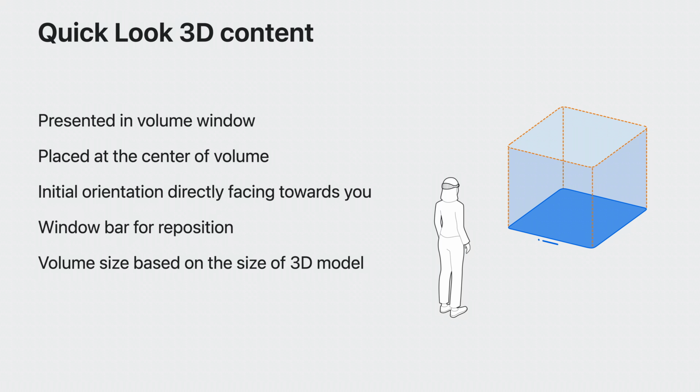Quick Look will automatically adjust the size of the volume based on how people scale the model when they are in a preview session. It's important to note that if your content is using animations, we suggest keeping all animations inside the defined bounds of the Quick Look volume. We just covered the basics of how Quick Look presents your 3D content. There are additional considerations when it comes to how Quick Look uses model size and scale.